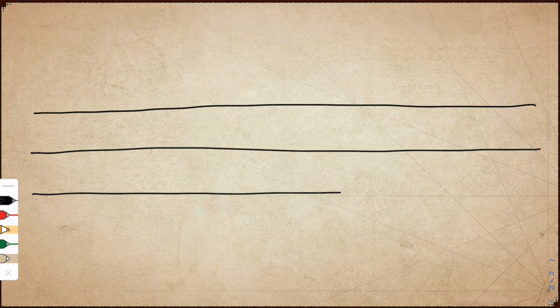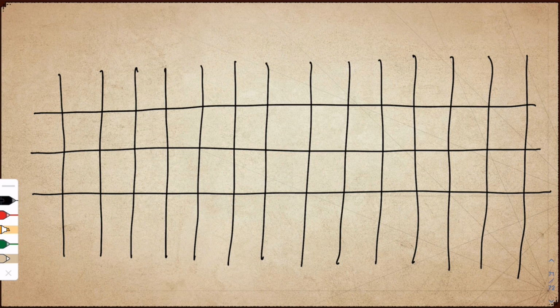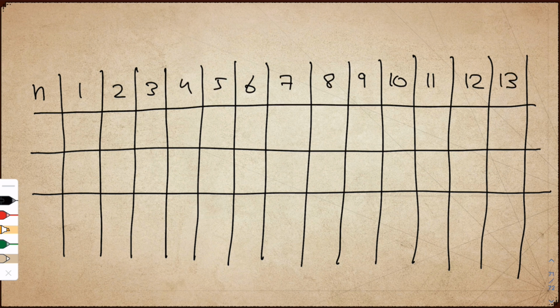Now we need a large table. Top row, labeled n, is just 1, 2, 3, 4, 5, 6, 7, 8, 9, and so on. In the next row, labeled p, I've put the primes 2, 3, 5, 7, 11, and 13. And under these primes, I'll write the solution counts we just found.